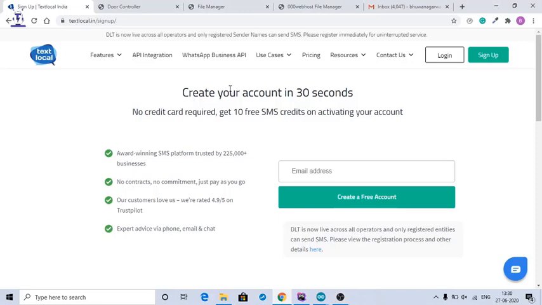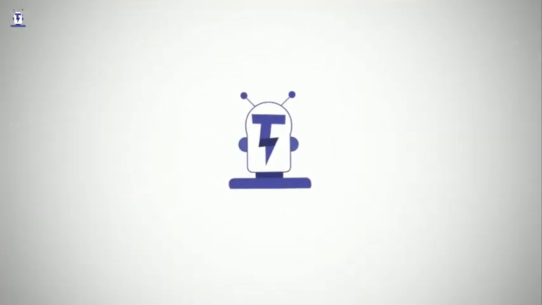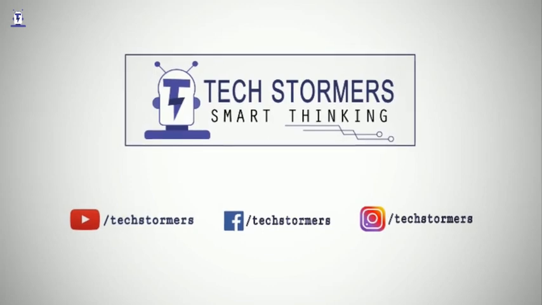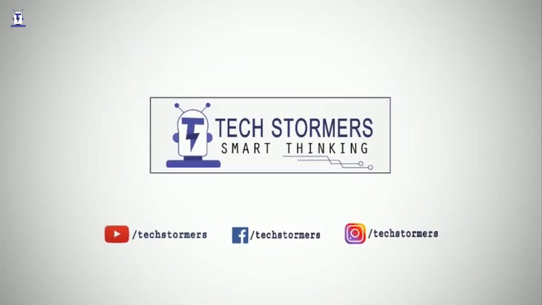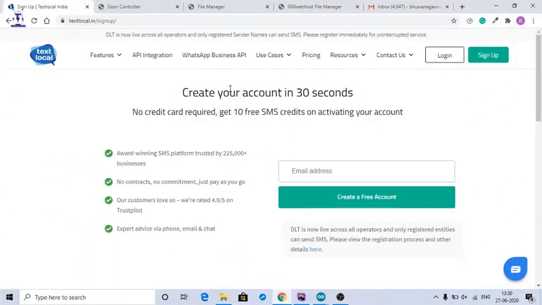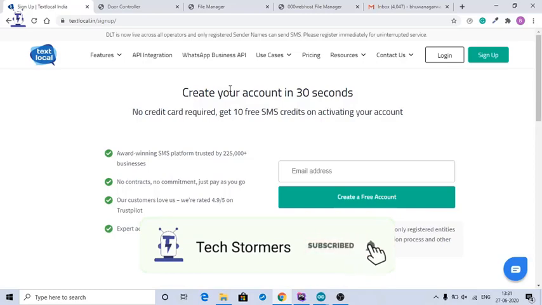Hello everyone. So today we will look at a website which allows us to send free SMS. As you remember, in a previous video I told you that as the PIR sensor detects an intruder, we will send an SMS to the owner of the house to alert him that there is an intruder in his house. So this is the perfect website which will allow us to send free SMS.